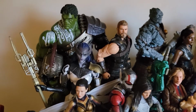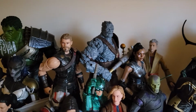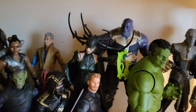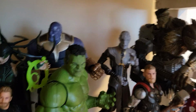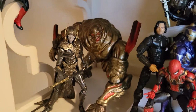We have Thor Ragnarok, so we have Hulk, Thor, Korg, Valkyrie, and Grandmaster with Hela. Then moving into Infinity War, we have Thanos, Ebony Maw, Cole Obsidian, going all the way to the left here like a typewriter. We have Proxima Midnight. I did have to put Corvus Glaive here because he would not stand, because he doesn't